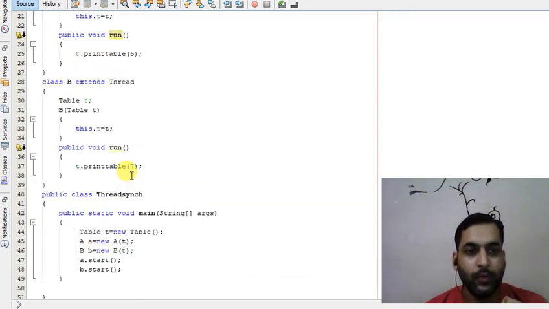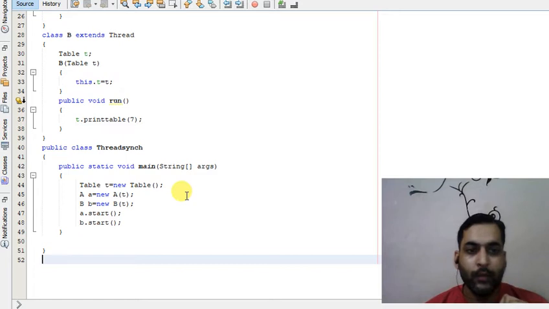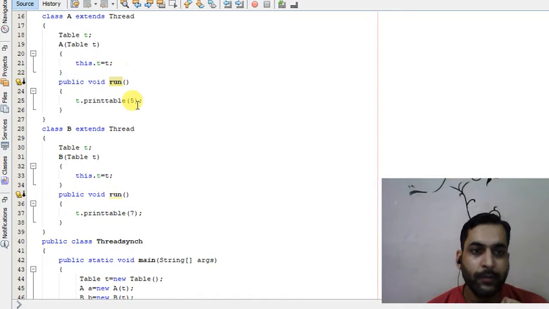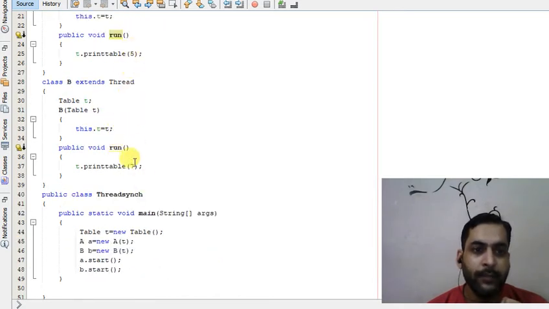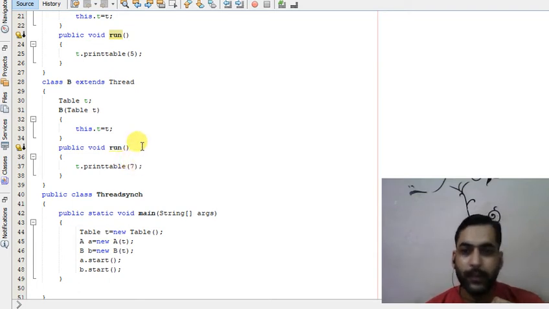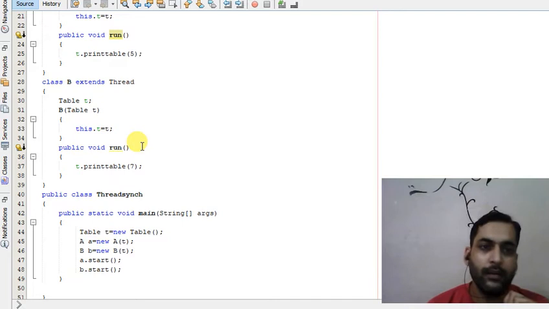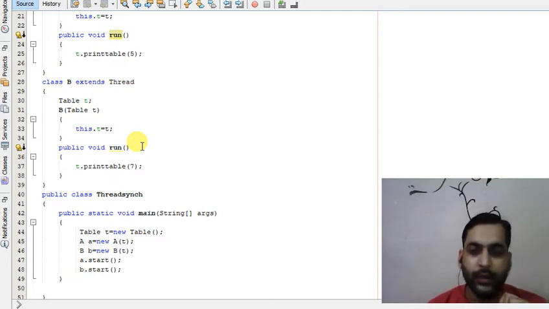So what will happen now, both the threads will try to print this table. Both the threads will try to invoke this method using different values. Thread A used the value 5 and thread B is using this value 7, and both will try to print their numbers, like 5 into 1 is equal to 5 and then 7 into 1 is 7.